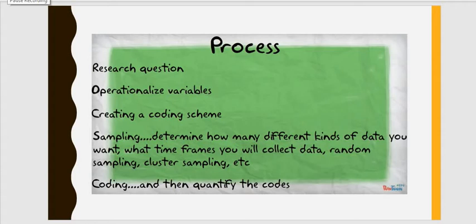And next step, sampling. With sampling, we determine how many different kinds of data we want, the time duration, and what time frame we will collect data in: random sampling, cluster sampling, and so on. Sampling is basically a representation of the entire population.